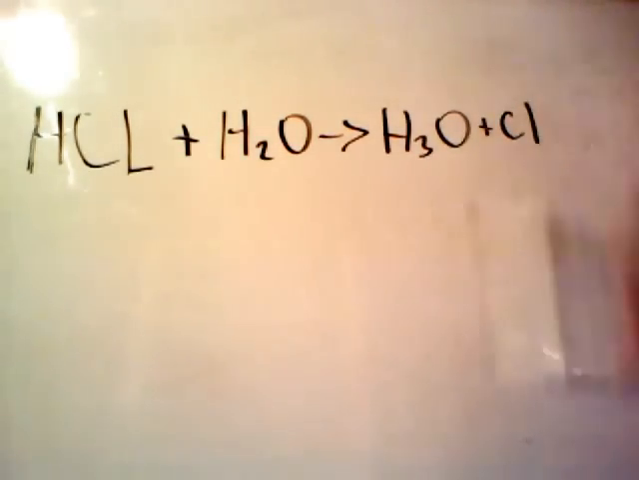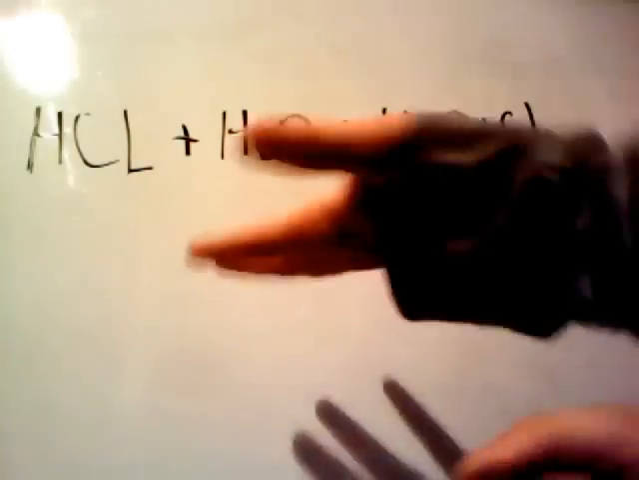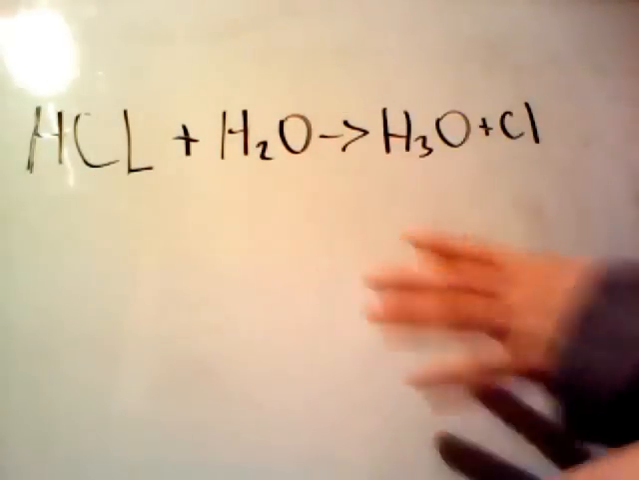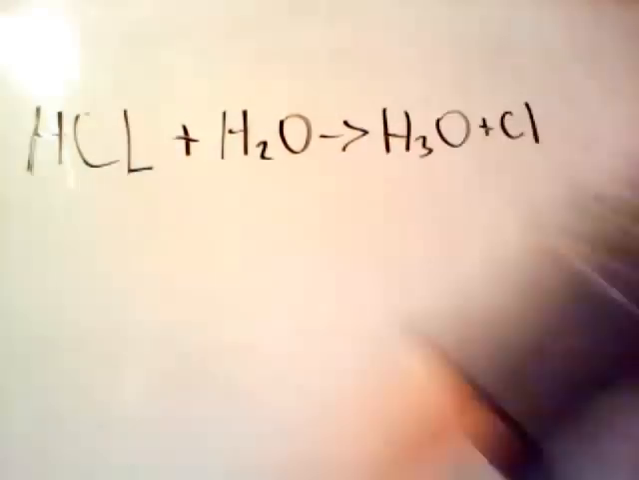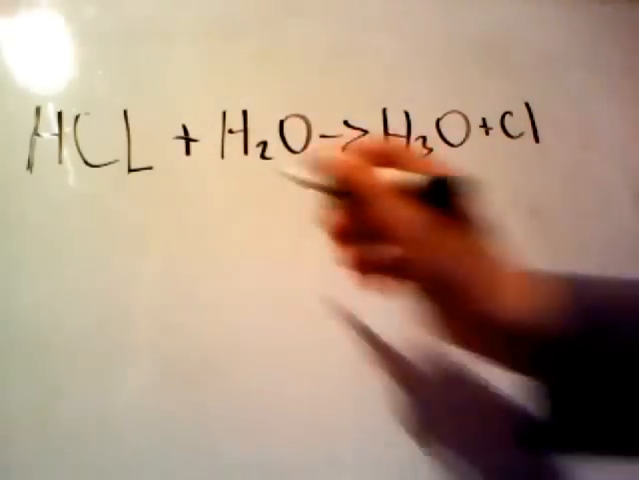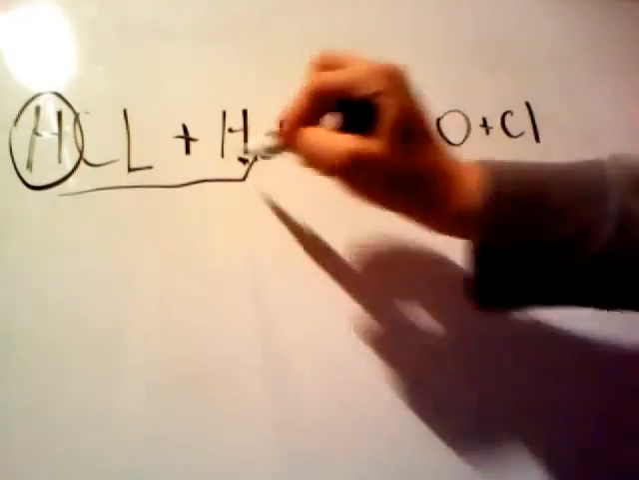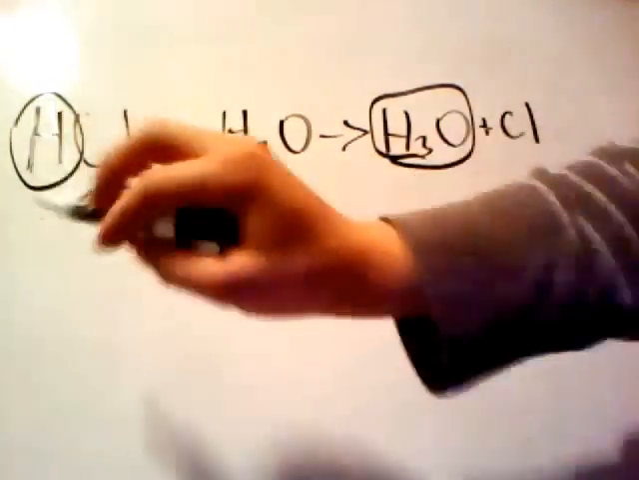You're gonna have to get used to the fact that when you're doing an Arrhenius thing, it's always gonna be called an acid, because that's how these were named. This is hydrochloric acid. So this is going to give this hydrogen to this water to make hydronium, and that is why we call it an acid, because when you put this in water,